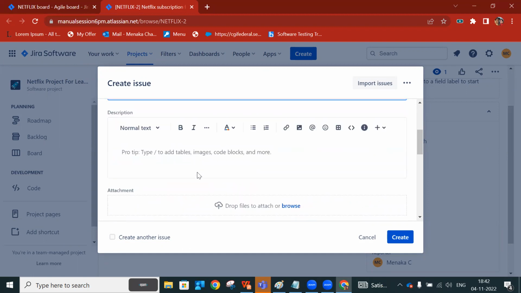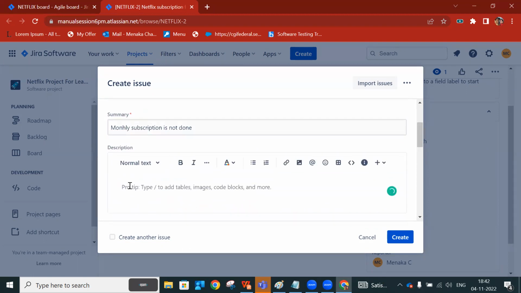This is going to be my summary, and you can add the steps over here. Login as a user, try to click on monthly subscription,